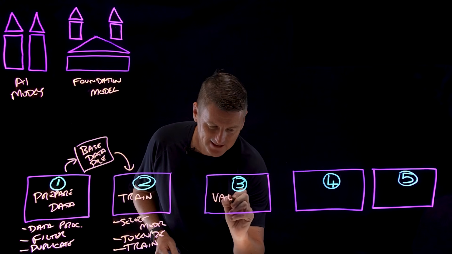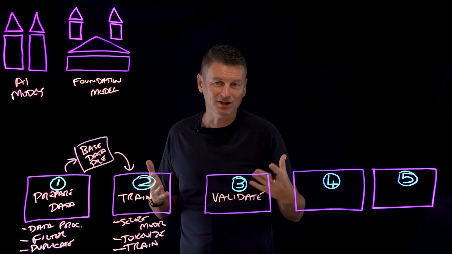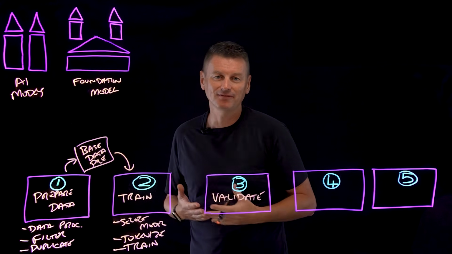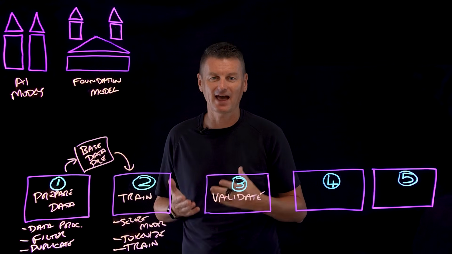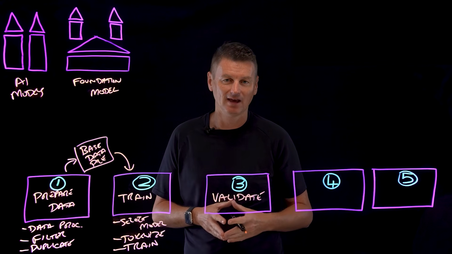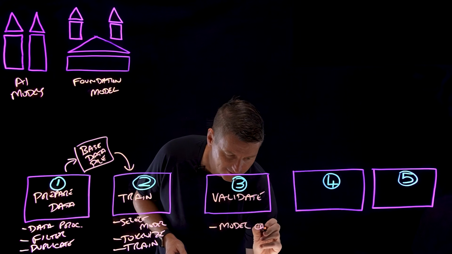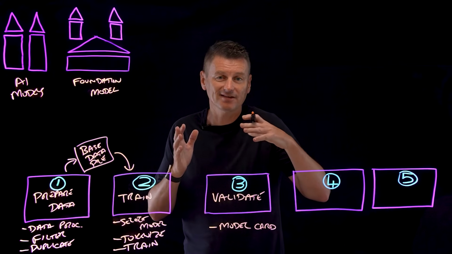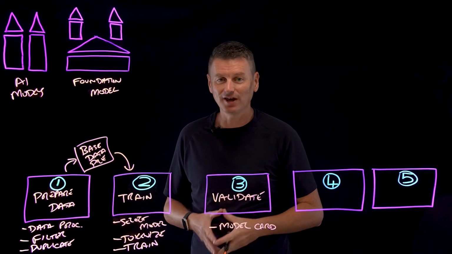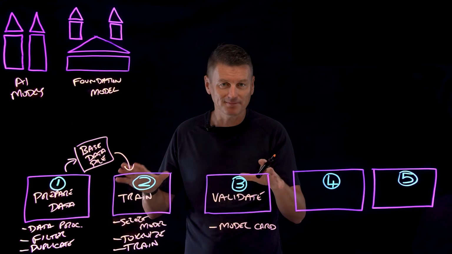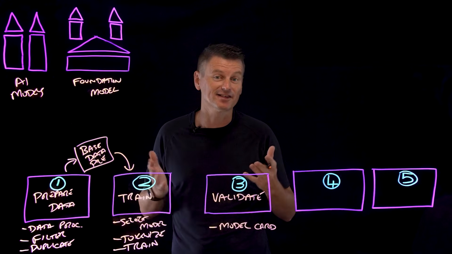Stage 3 is validate. When training is finished, we need to benchmark the model, and this involves running the model and assessing its performance against a set of benchmarks that help define the quality of the model. And then from here, we can create a model card that says, this is the model I've trained, and these are the benchmark scores it has achieved. Now, up until this point, the main persona that has performed these tasks is the data scientist.